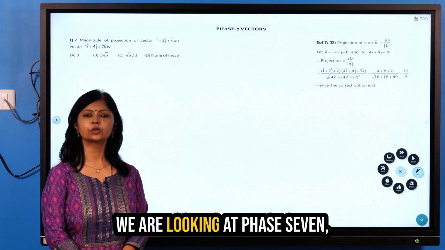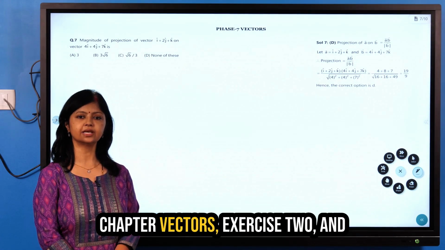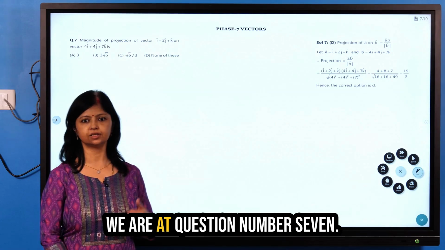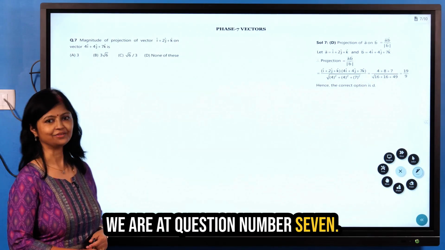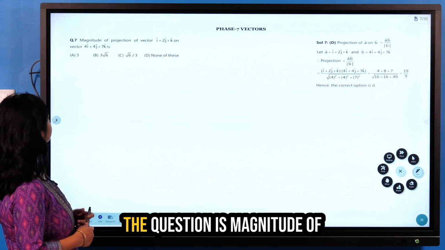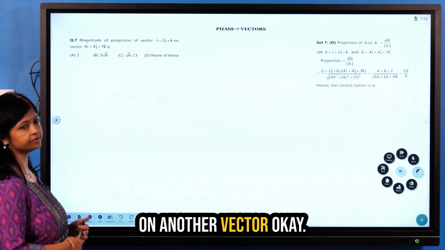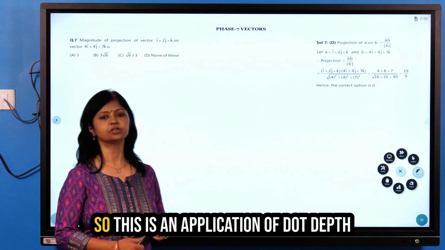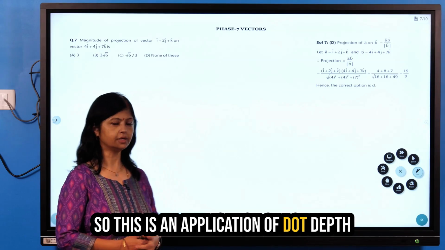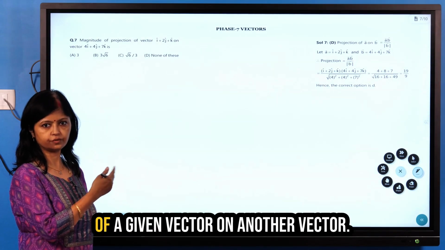Hello everyone. We are looking at phase 7, chapter vectors, exercise 2, and we are at question number 7. Question number 7. The question is magnitude of projection of vector on another vector. Okay. So this is an application of dot product, and we have to find the projection of a given vector